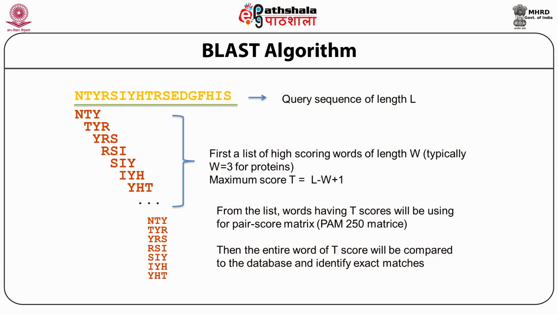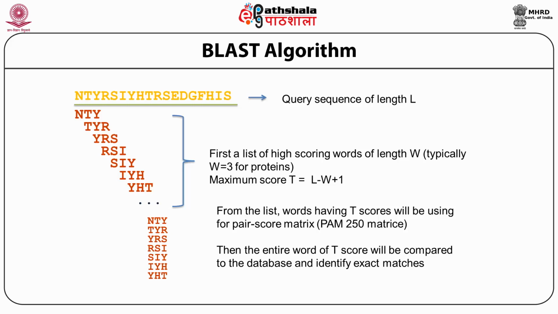You have a query sequence of length L, which is shown on the left side. First, you do a scoring. To do a scoring, you take a word length. Here we have taken 3 for protein. So you take N, T, Y as a word length and keep on searching the word length, and you do a scoring by comparing the word length with respect to the whole length sequences. Then once you do this alignment for each 3-letter code, you see how many matches have been found. You also see how many mutations have been observed for each one.